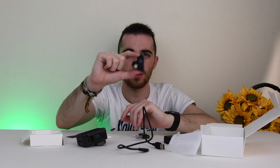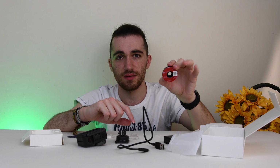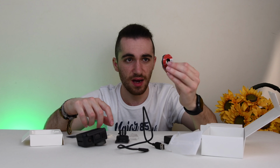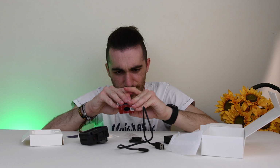And this is a mount with like a curved thing to put it, I don't know, on a surfboard or something. We have another mount with a flat surface. And yeah, so this would go somehow. Oh, actually,